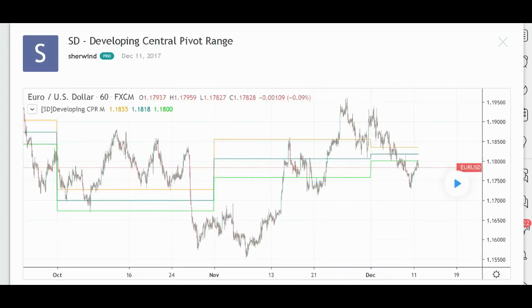Here it is. And this individual has applied it to Forex currency pairs, the euro against the dollar. All right, and notice the 3 lines. 1, 2, 3. All right, you got your top, your bottom, and then your middle pivot there. All right, 3 lines, and then when it changes, it goes to 3 different prices. Then when it changes, it goes to 3 different prices, and so on.